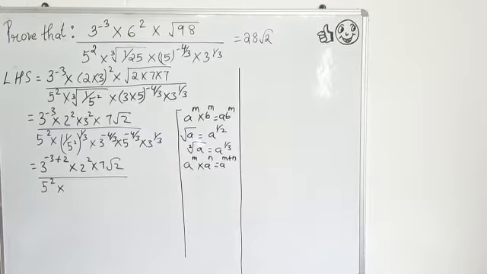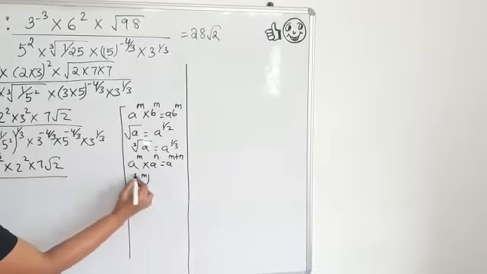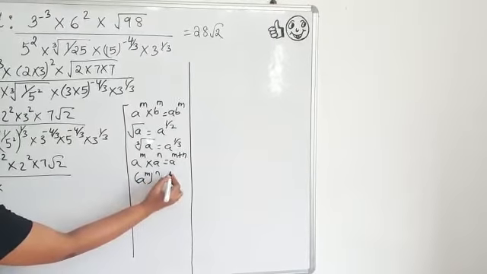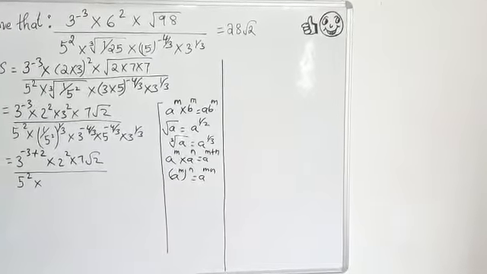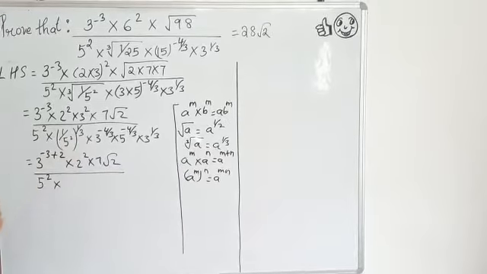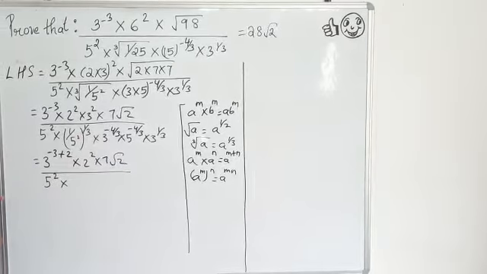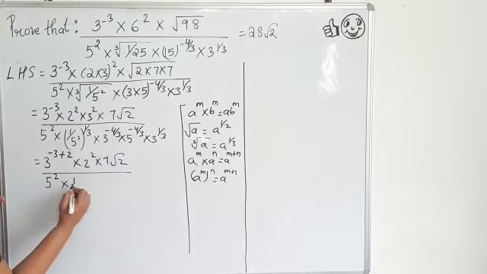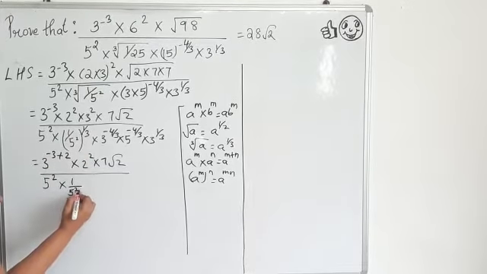Then we use another law of exponent. If a single base has a power and then another power, the powers will be multiplied. So this will become a power mn. So we have to multiply the powers. The power inside the bracket is 2 and the power outside the bracket is 1 by 3. For 1, if you raise 1 to any power, it will be 1. But 5 will become, if I multiply 2 into 1 by 3, 5 power 2 by